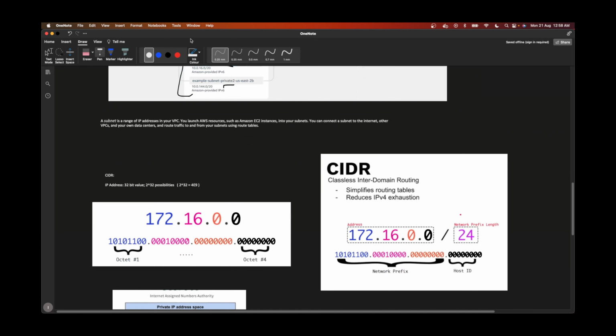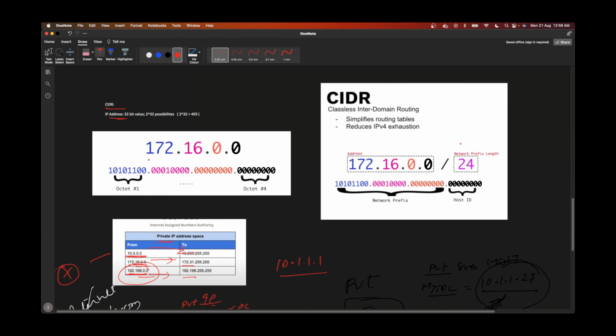So you understand that a subnet is a range of IP addresses only. Nothing but a range of IP addresses. CIDR block. So, IP address actually. Let's talk about IP address first. So an IP address is like this. If you break these into binary,